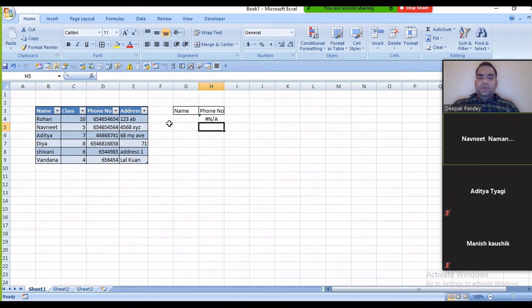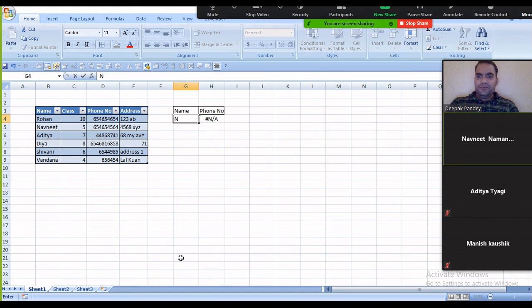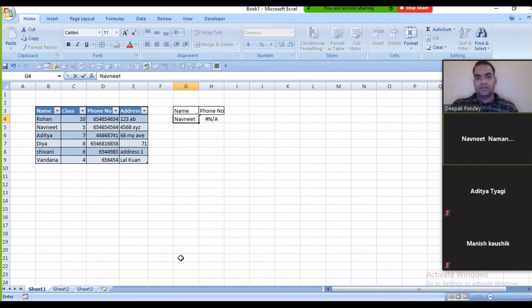Now you can see that the error was showing here because there is nothing in this cell as of now. If I type a name underneath, it returns the value.